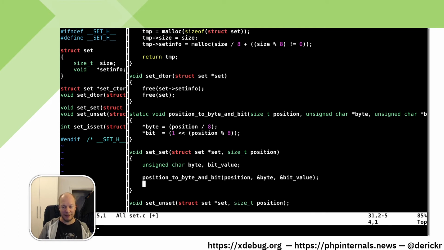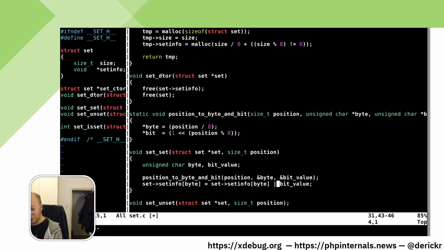And now we know that the byte that we have, which is the first entry in the set, we basically need to OR with the value that comes out in the bit value. So we can do a set info, which is our data structure. We have our byte, which is our byte index. And then we can simply set that to what we already have in there, and then we OR that with our bit value. And the OR operation basically takes any bit that we've already set here with the bit that we are going to set. So for example, if we started out with an empty set,